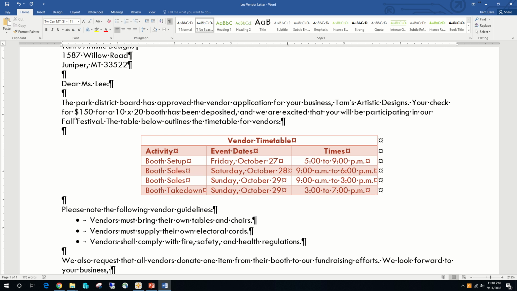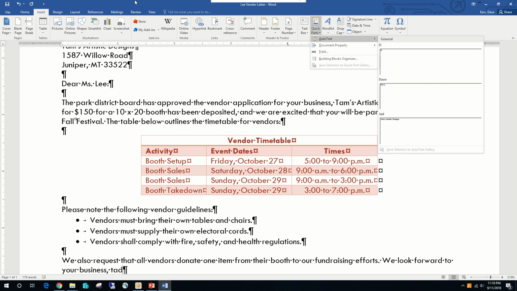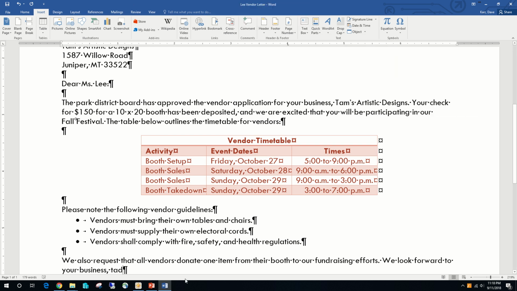Now, once again, you can do the building block by typing TAD and pressing F3 on the keyboard, or instead of typing TAD, you can go to the Insert tab. You could find Quick Parts, you could find Auto Text, and you could select it there. I'm going to type TAD, and I press F3, and it's going to convert that to the building block that was Tam's Artistic Designs. After that, we're going to type a comma, space,